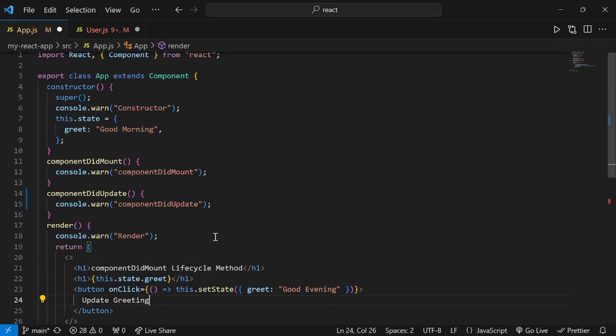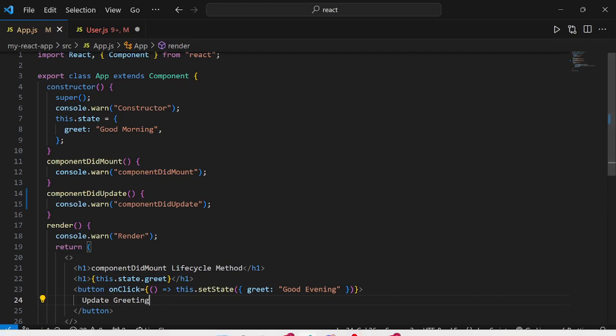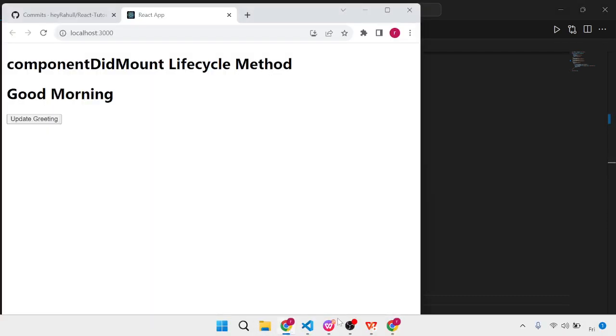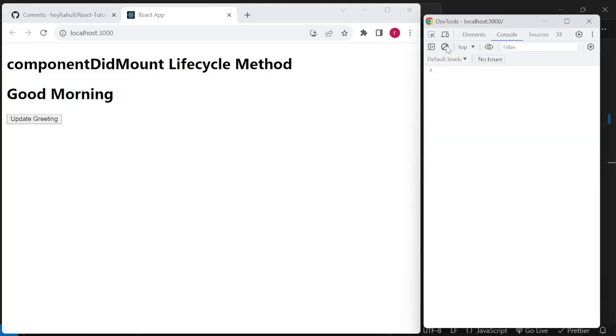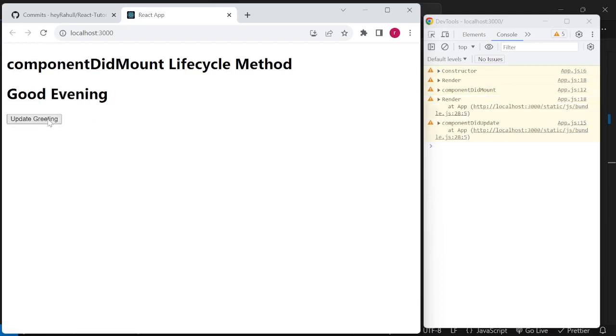So basically what we are trying to understand is that whenever the state value is set, our componentDidUpdate lifecycle method should be called. Right now, when we load our screen the first time, it is not showing that componentDidUpdate is even running. So I'll remove everything and refresh it. Initially only constructor, render and componentDidMount will show, and as soon as I update it, it should show. So when I update it, you can see both of them,